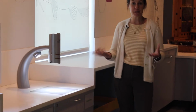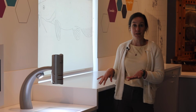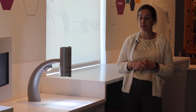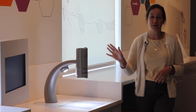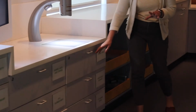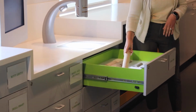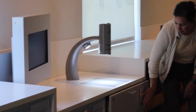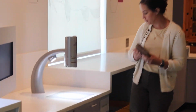Okay, so like I talked about, this space really is meant to be hands-on. We have drawers here that can be opened along this whole wall and along the wall on the north side there. And they're filled with museum specimens that can be explored and observed under our microscopes. So we encourage visitors that come to the museum to find something that inspires their curiosity, to explore under our microscope. Let's see here. For example, I have a tree ring here,